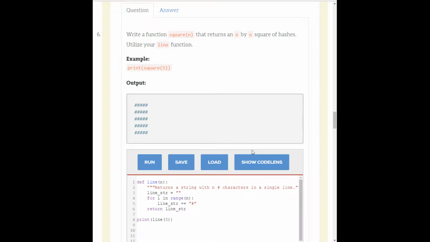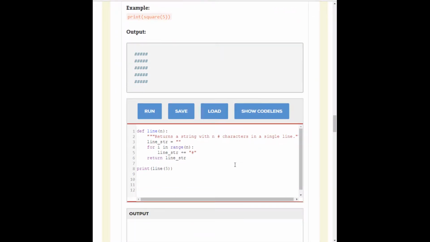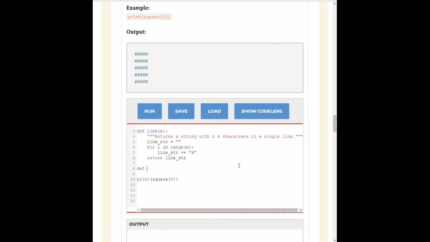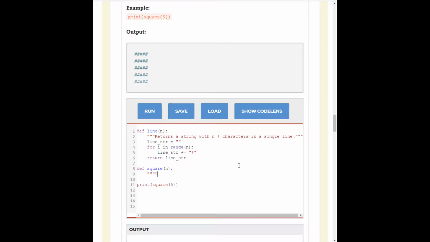So I just copied and pasted that down from above. So now instead of print line 5, I want to print square 5, so I'm just going to get that right out of the way. And then I'm going to define my square function. And I'm going to, as always, give it a docstring. It's going to return a string. It's actually going to return a multi-line string